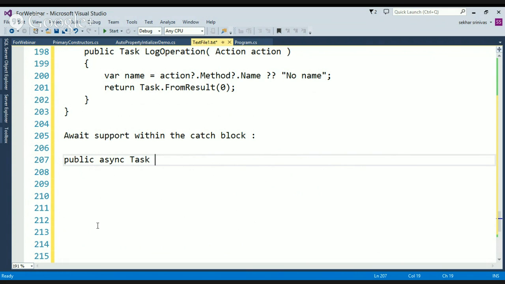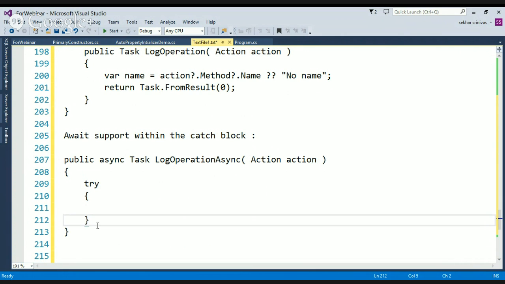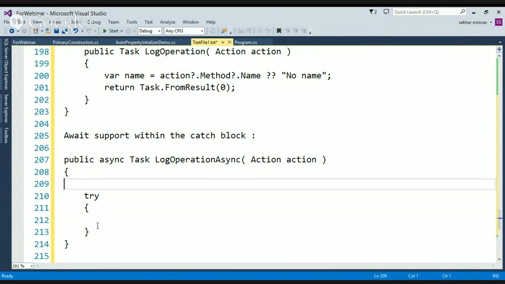Okay, so public async Task LogOperations. It's always good practice that whenever you write an asynchronous method, you simply specify async and the action like this. So now this is going to be an asynchronous task. Assume that instead of writing things directly, we would like to write within the try catch block. Say we have something like a stream writer, where I use a log writer, a getter, which is going to be